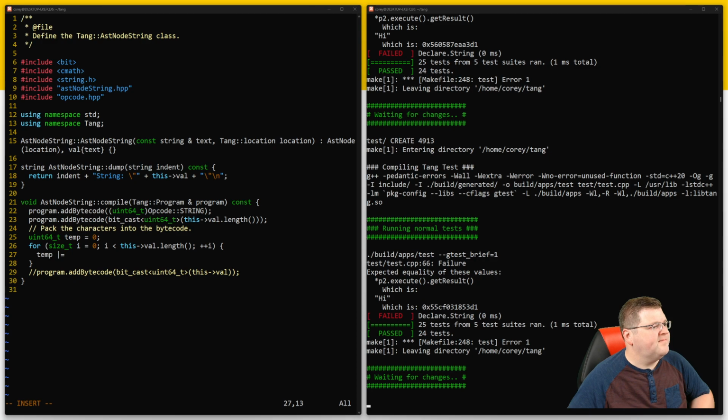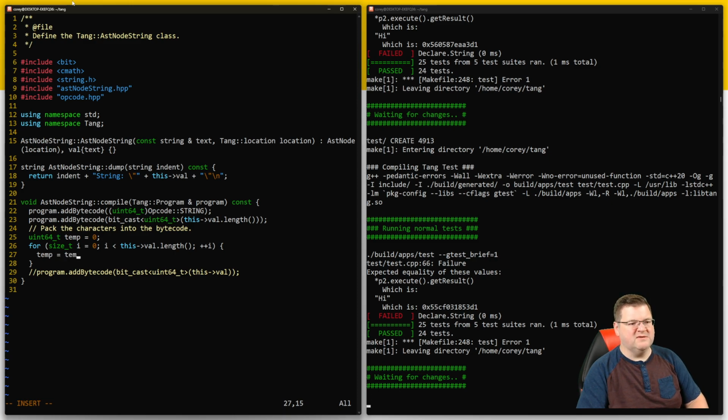You know what? I'll write it the safe way, and then we will figure it out later. So temp is going to be equal to temp bitwise or, and